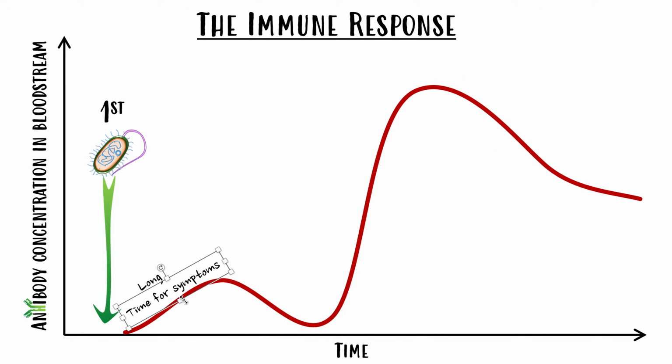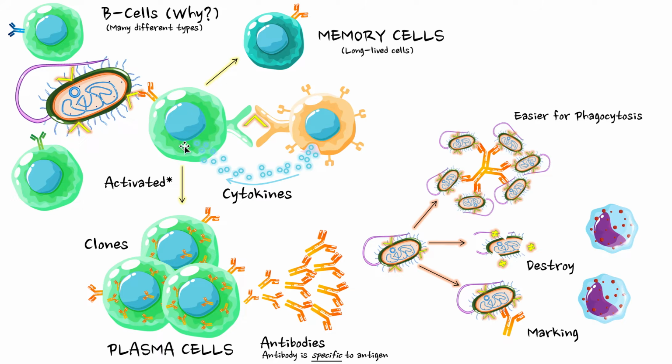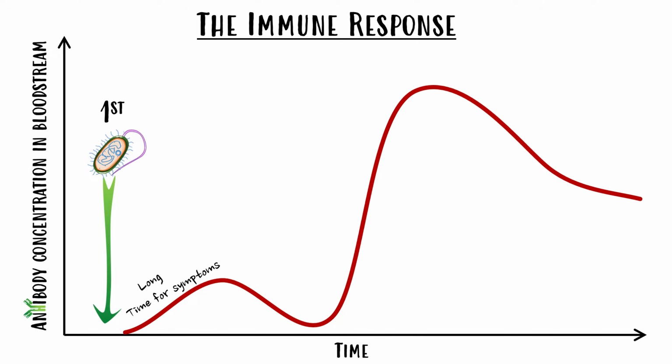The process of making these antibodies is a bit slow because it's got to recognize the pathogen, become activated, and then make antibodies. There's a whole process that needs to happen: recognize it, get confirmation from the T cells, become plasma cells, make antibodies, and then it can fight it off. So the first time it happens, it's a bit slow. We call this our primary immune response. It's the immune response that happened